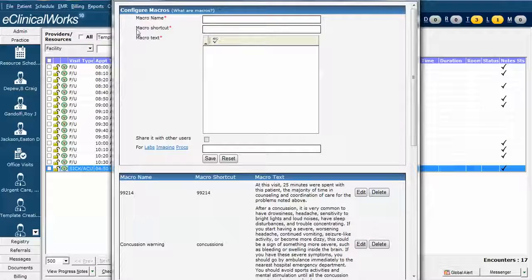Anything with an asterisk has to be completed. I'm going to call this one RICE for rest, ice, compression, and elevation. And now I have to give it a shortcut. The shortcut name is the command that you type to invoke the macro text to be inserted. So in this one, I'm naturally just going to name it RICE, and now I'm going to type in what I actually want it to say when I